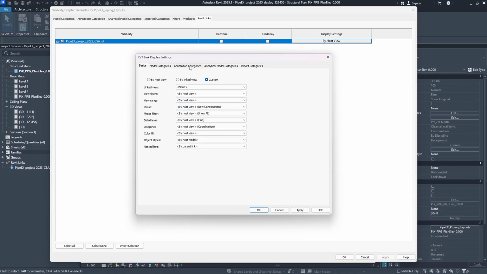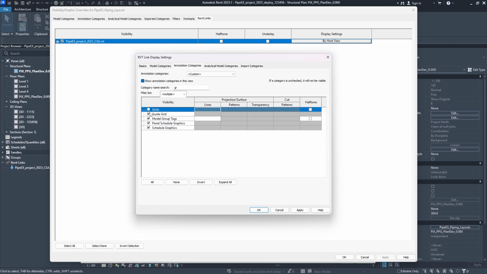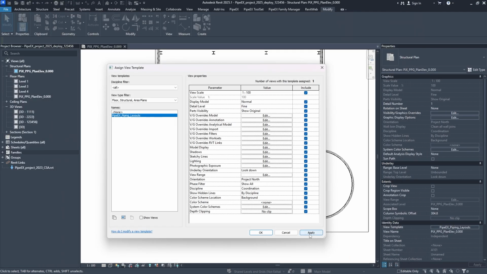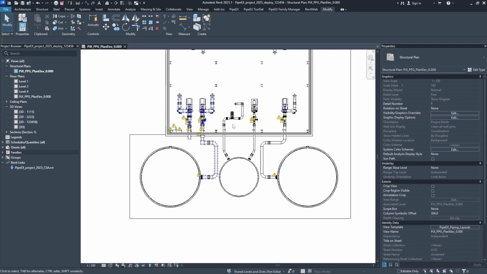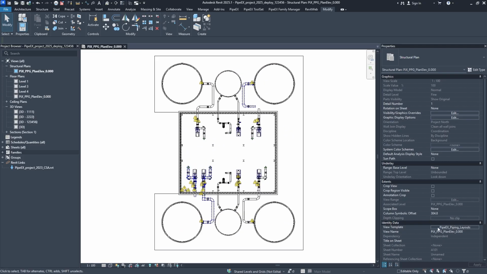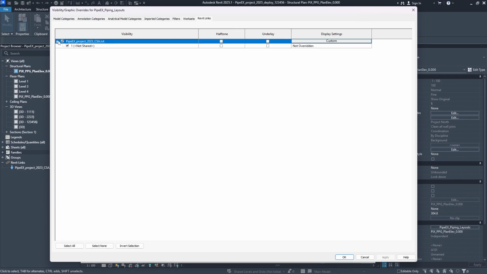Then we need to go to annotation categories. Then again, under annotation categories, we need to select custom. And under the custom, we need to find grids. And we can click on apply, click on OK, again apply, and again OK, and apply. And all the structural grids disappeared. Simple like that. And just in case you still would like to keep those grids visible in your model,